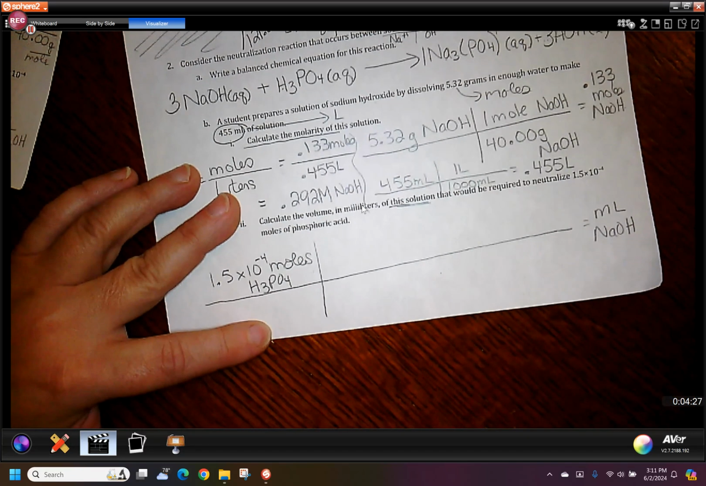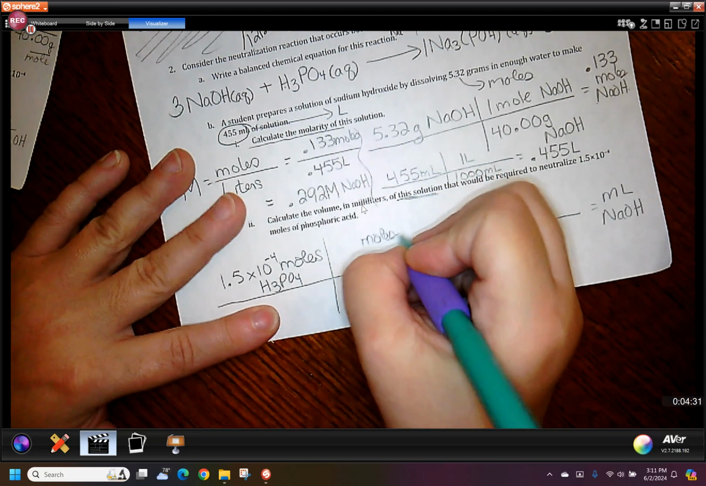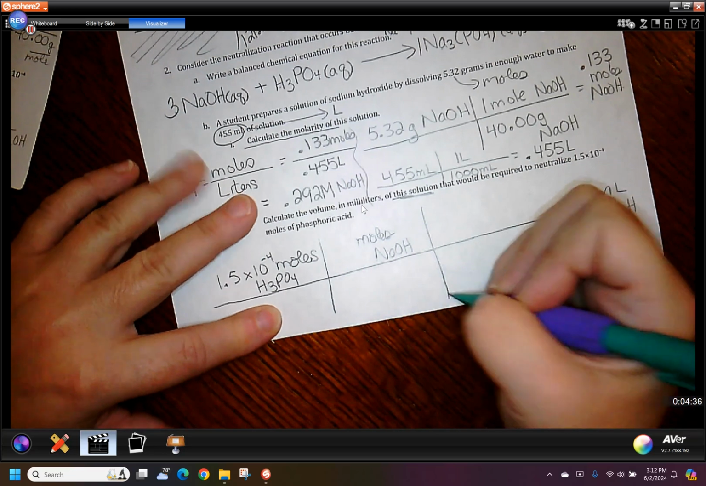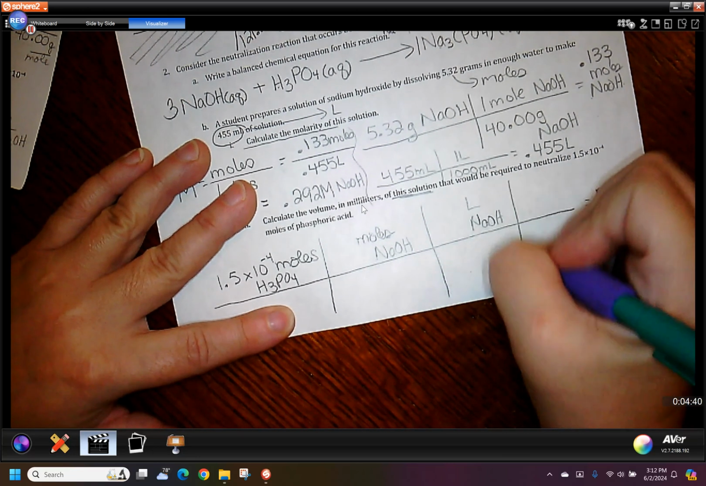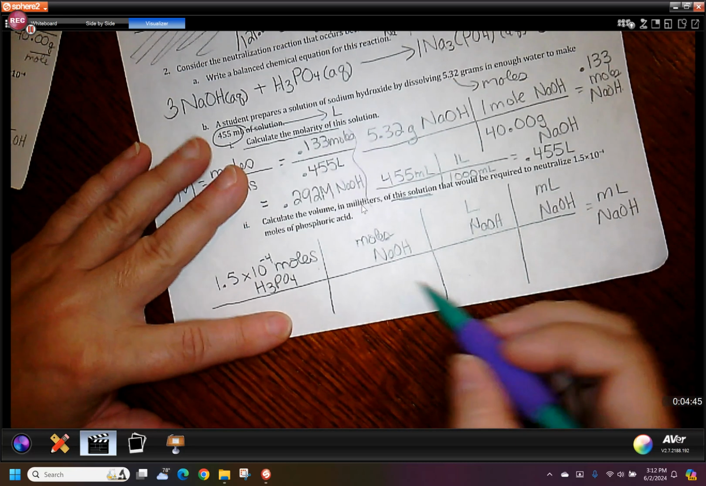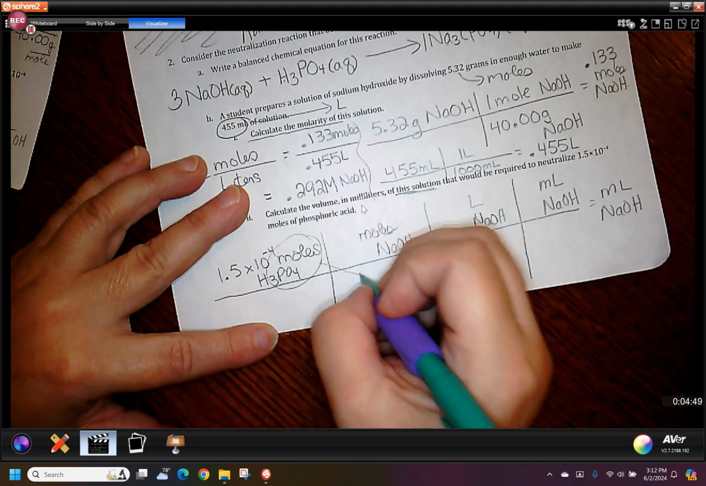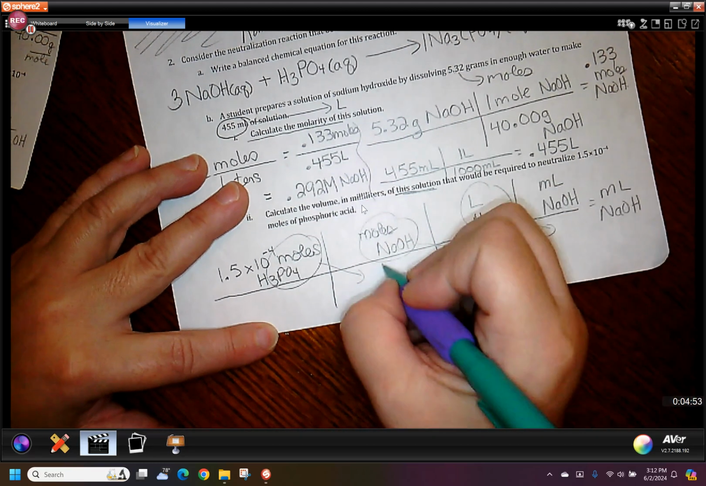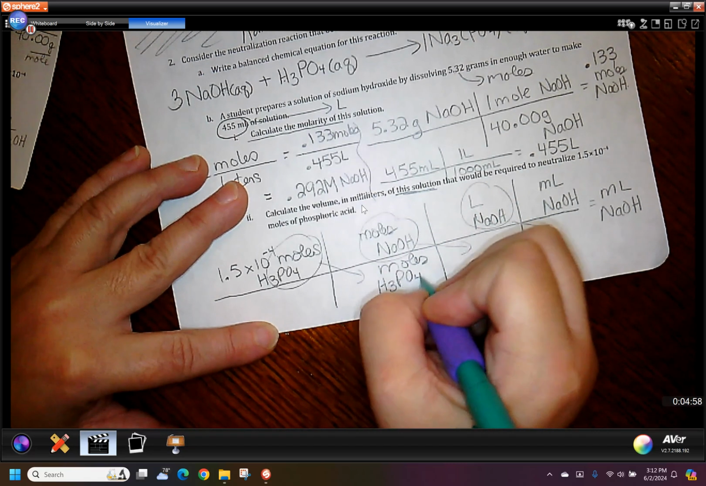I'm going to think of my map. I'm at moles of acid. I'm going to go to moles of my sodium hydroxide. After moles is going to be liters of sodium hydroxide. And then that's milliliters of sodium hydroxide. So I followed the map. I wrote the words all the way across. Now I'm going to go diagonal. Again, notice I am not writing any numbers in here yet,